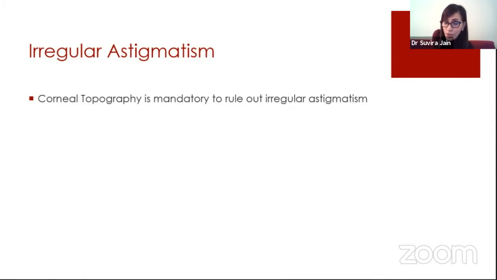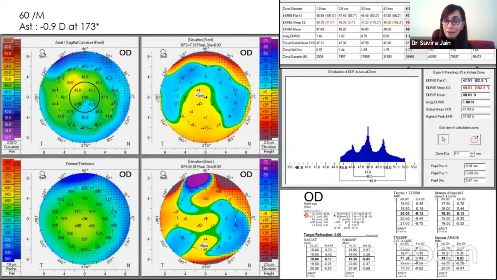Now, moreover, corneal topography is a test that should be done preoperatively in all patients being considered for toric IOL implantation, the most important reason being to rule out non-orthogonal or irregular astigmatism. And why is that important? Because if the patient has some amount of irregular astigmatism, he is likely to have a suboptimal end result. But even with patients with irregular astigmatism, there are some variations.